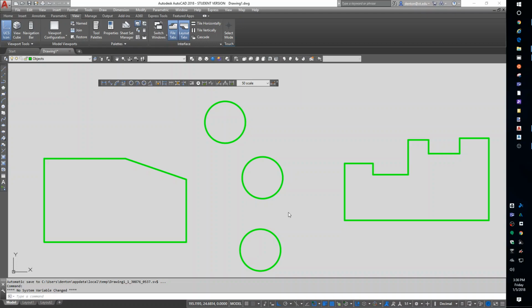So I have a few objects on the screen, and I plan to dimension them. I plan to also dimension them at a couple different scales. The idea is that I can print them at a 5 scale or at a 10 scale, either one, and they'll print just fine. Okay, the way to do that, I'm going to start off by setting up different layers